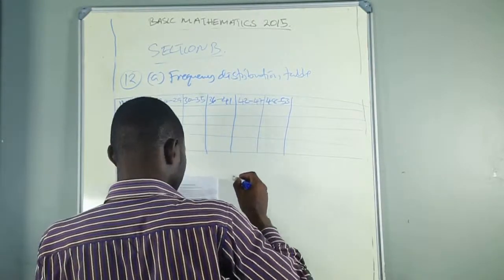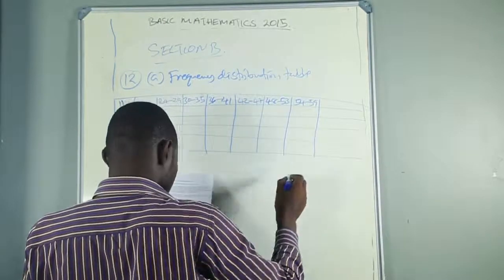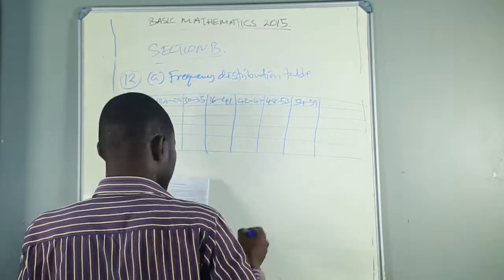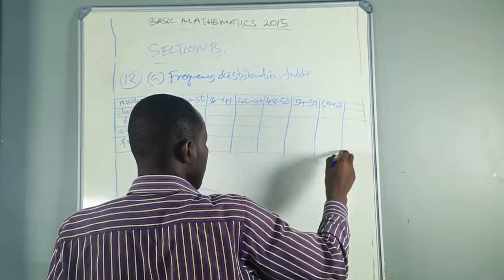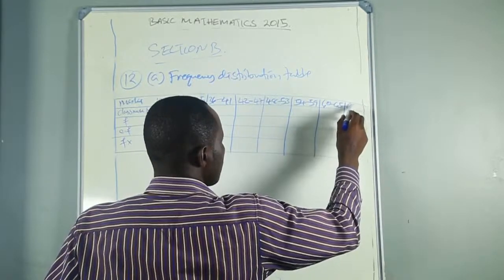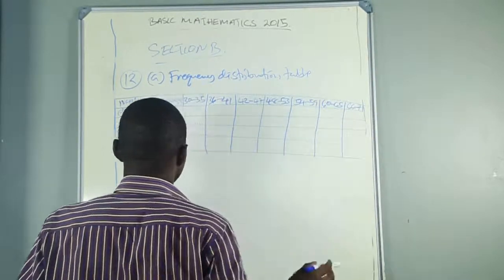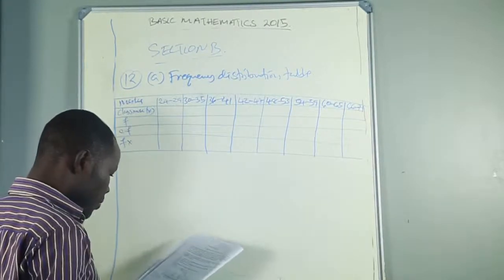Then 54 to 59. Then 60 to 65. The last one is 66 to 71. Okay, number of frequency for 24 to 29, if you count